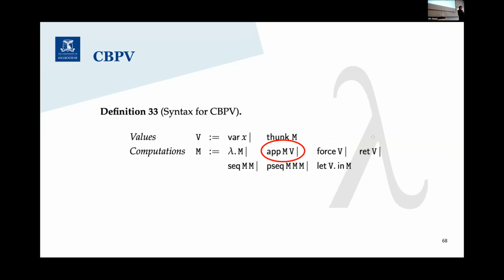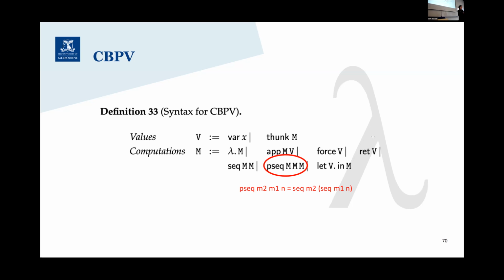Another thing that's different is that in this application here, the first argument is a computation and the second one is strictly a value, not a computation. And one more thing that might look a bit funky here is the p-seq. So p-seq does not exist in the standard call by push value. It's in fact something we added ourselves. It is equivalent to